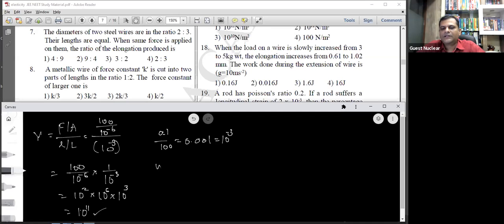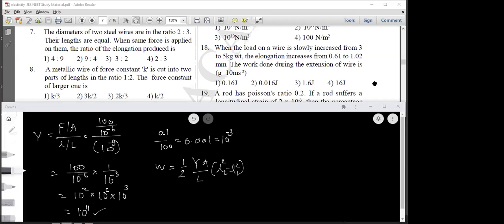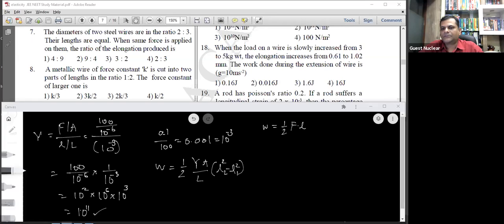So when the length of the wire is increased from L1 to L2, the work done is given by the formula half into F into Y A upon capital L into L2 square minus L1 square. ये फॉर्मूला याद है सभी को? ये होता है बराबर।